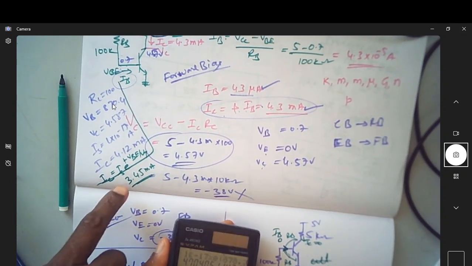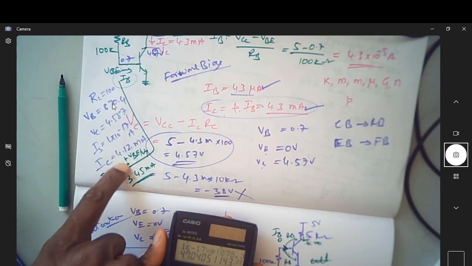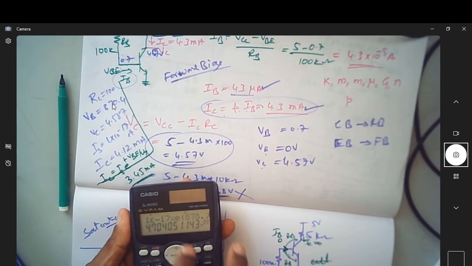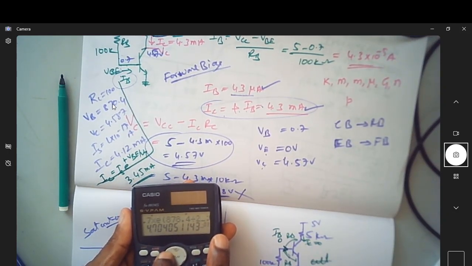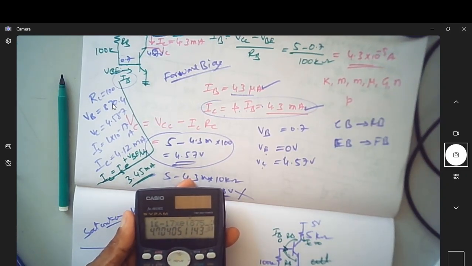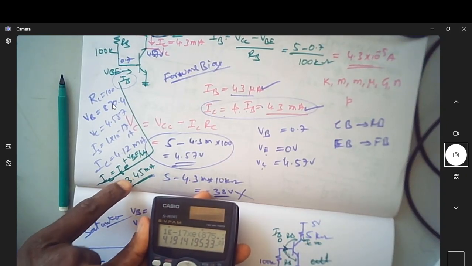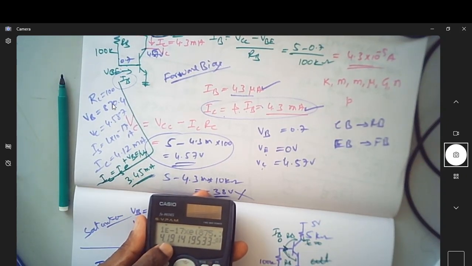Don't think that this 8.35 is too far away. From 870 millivolts to, suppose I just make it 875, it's hardly a change of 5 millivolts. Can you see the 5 millivolts change will make a huge difference from 3.45 to 4.19 milliampere,